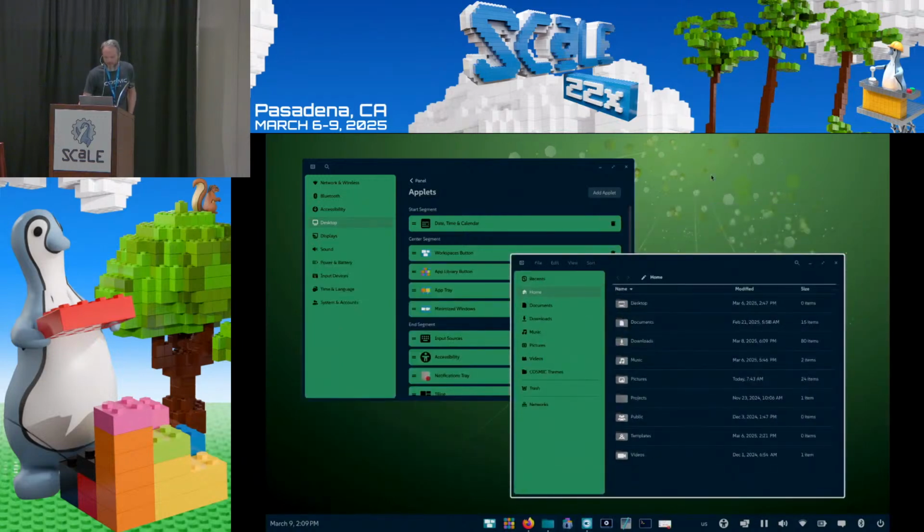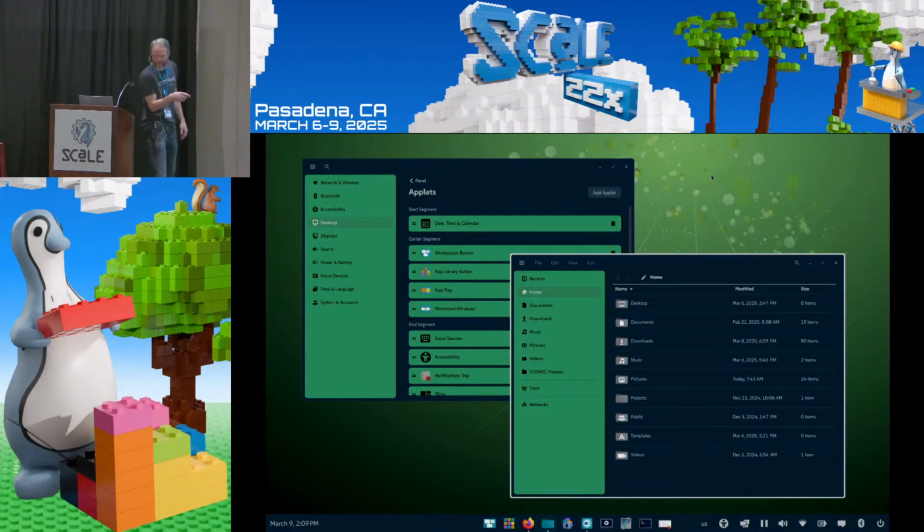OpenSUSE layout with the bottom panel. It has all the same functionalities that I had with two panels. And maybe that's a better experience for their users, or for you, if you want to change it to what you'd prefer. I became a bottom panel guy all of a sudden. I used to have the top panel and the dock, and now this is how I run my computer, and